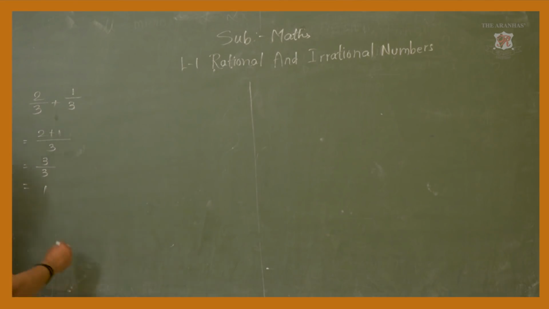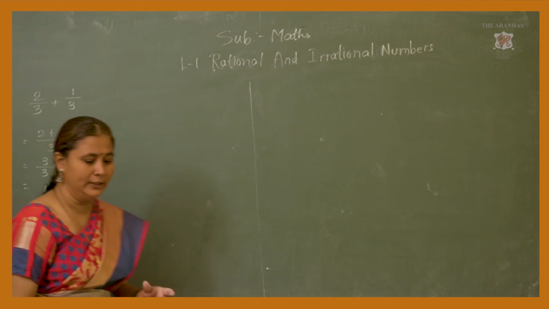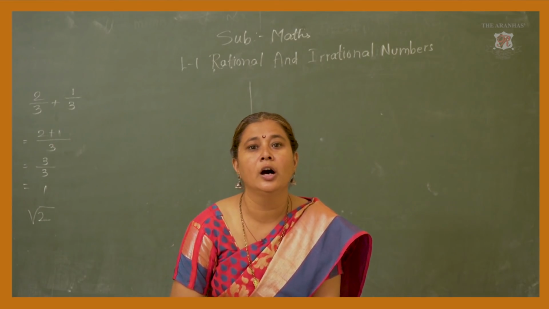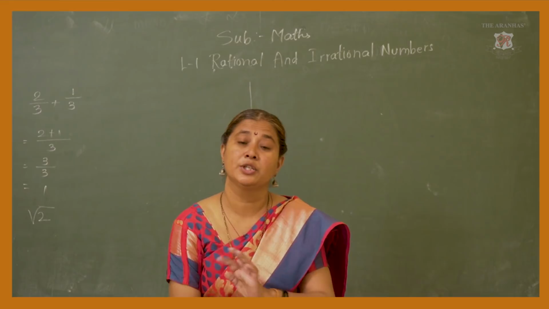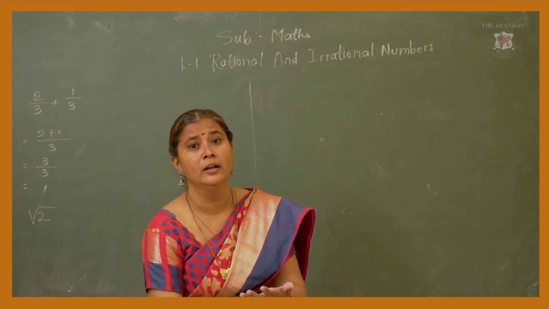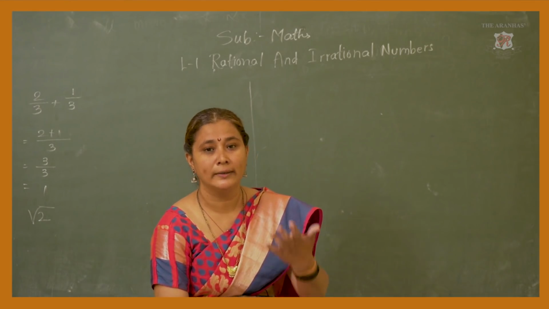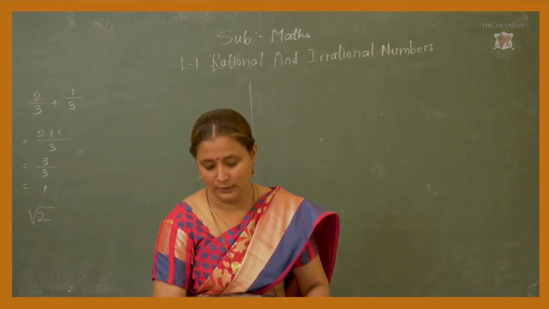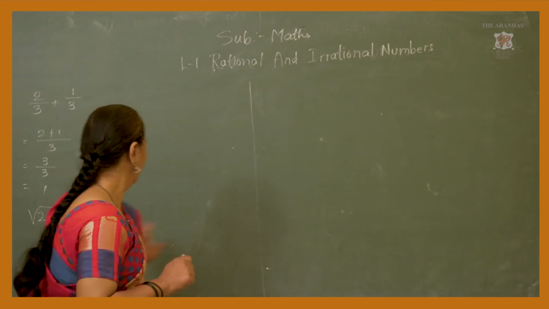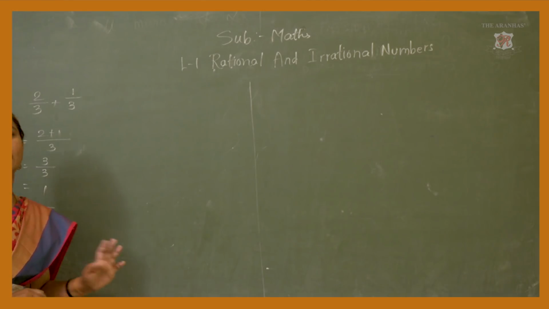So, in that way there are infinite numbers in between two rational numbers. In that way root 2 is also in between the rational numbers, but root 2 is called an irrational number. Okay. But this irrational number we have to represent on the number line. We already learned how to represent rational numbers on the number line, but to represent an irrational number on the number line, what process and what steps do we have to follow, that you have to learn. Okay. Now, see the example. First, root 2. We have to represent root 2 on a number line.